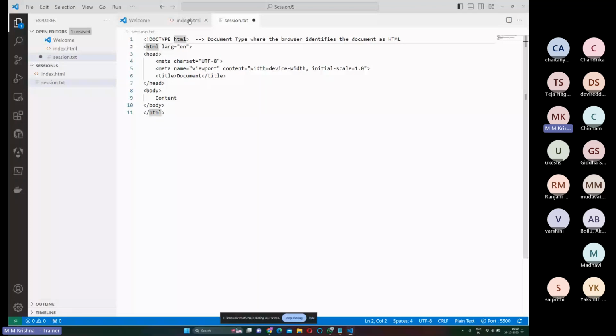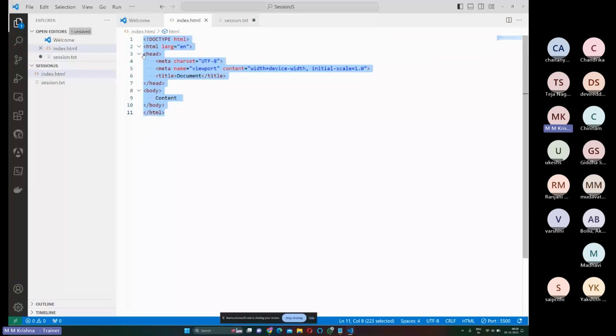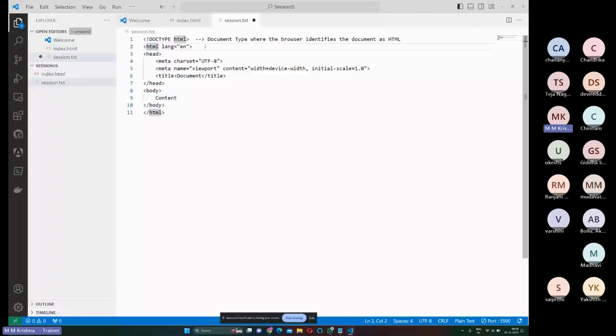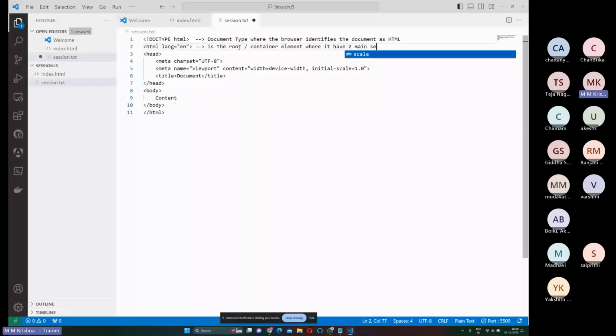If you can see it over here, the HTML, everything which we will be having inside it, and where the head and body are the two main sections, right? So we can say that HTML is the root or container element where it has two main sections, okay, which is head